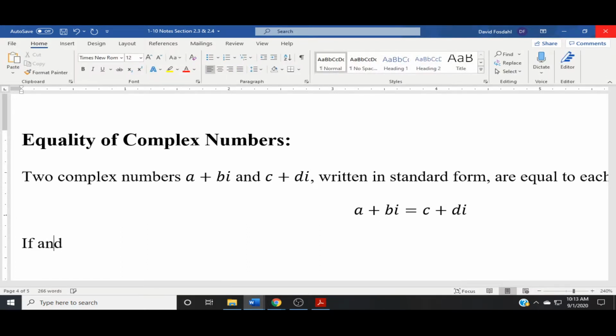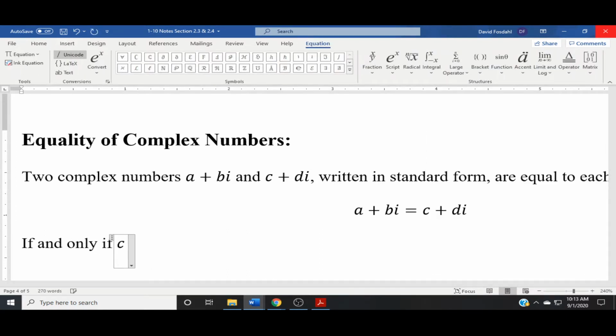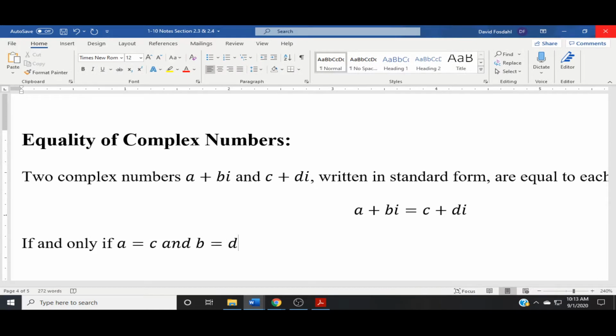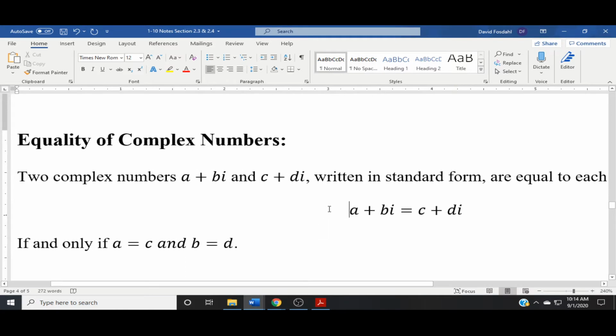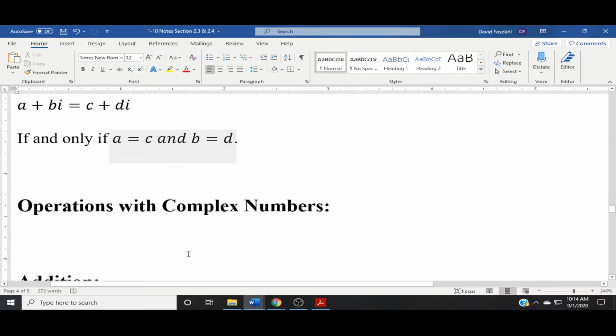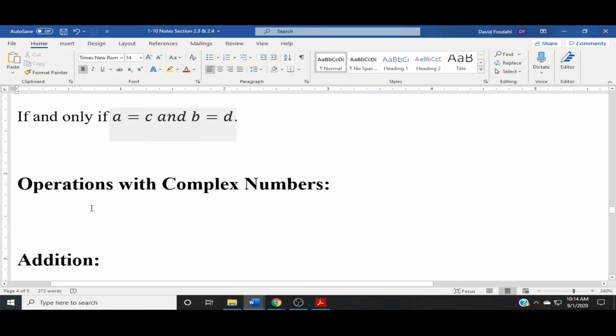This is if and only if a equals c and b equals d. Okay? This is only true, that these two are equal to each other, if a equals c and b equals d. Okay? Now we're going to look at